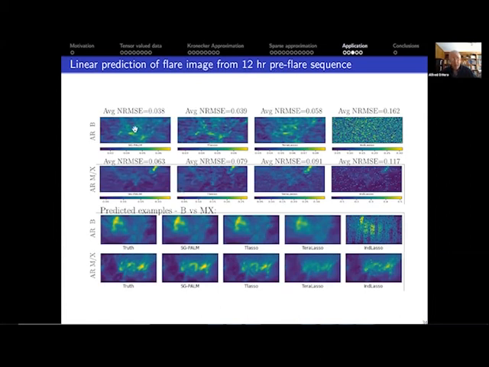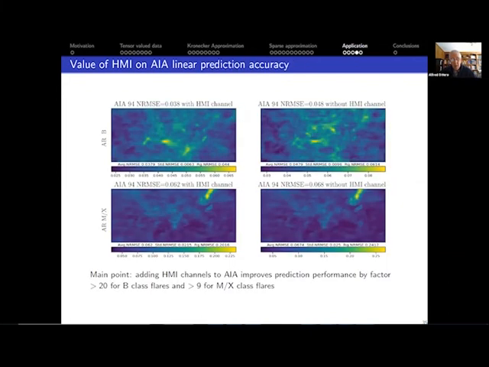And as one would expect, you do terribly if you don't take account of any spatial correlation. MX and B have quite different error behaviors in terms of their root mean squared error, but SGPOM does somewhat better in terms of normalized root mean squared error relative to the competing algorithms. These are just some examples that show the truth. And here's what we predict with SGPOM. One hour out, we haven't seen the next frame. This is a holdout set, so we haven't used any of the pre-frames in the training. So this looks pretty reasonable.